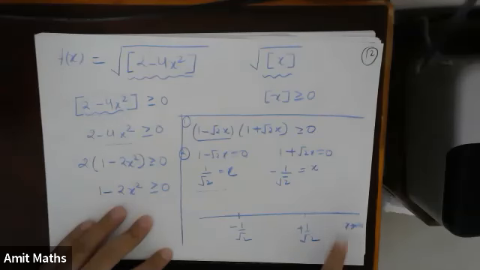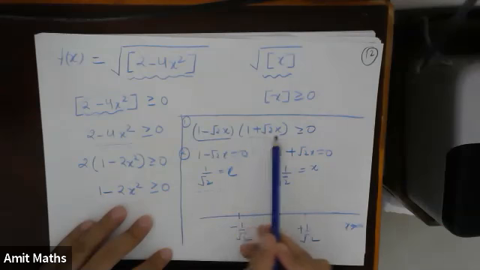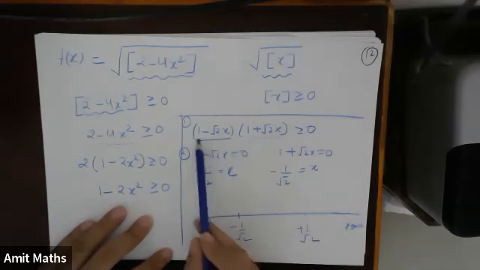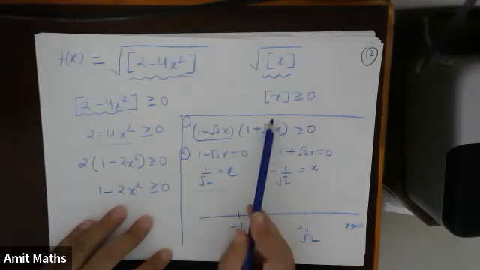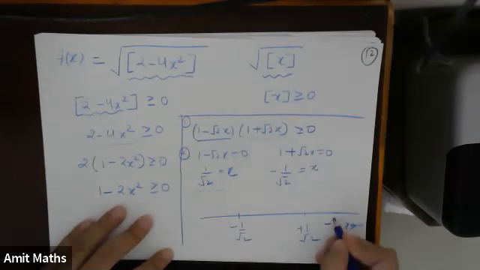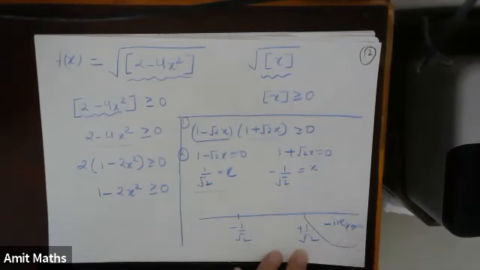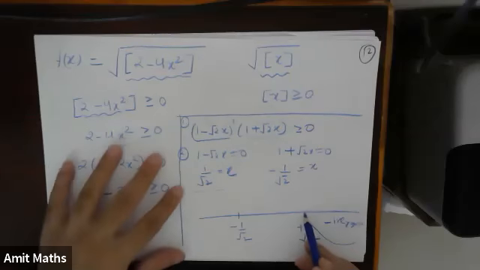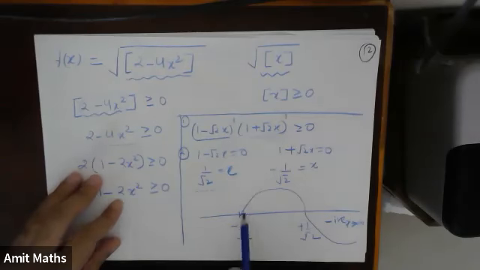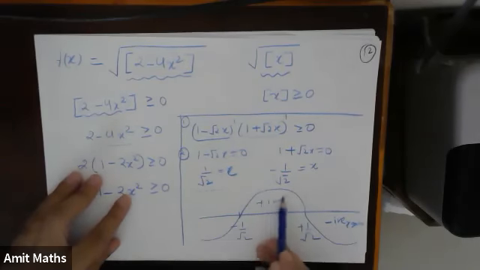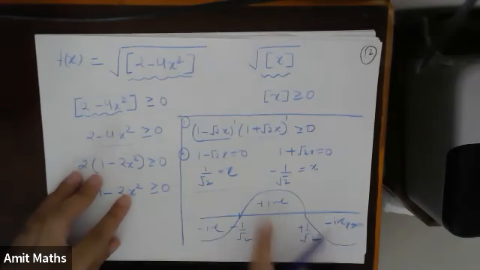If I substitute x equals infinity, this part will become positive. But what about this part? This whole thing will become negative. If this is negative and this is positive, the whole sign becomes negative. So at x tending to infinity, this particular part is negative. The Wavy curve will start from the negative part, but plus 1 by root 2 has power 1, odd power, so it will change sign. Minus 1 by root 2, again the power is odd, it will change sign. So negative, positive and negative.